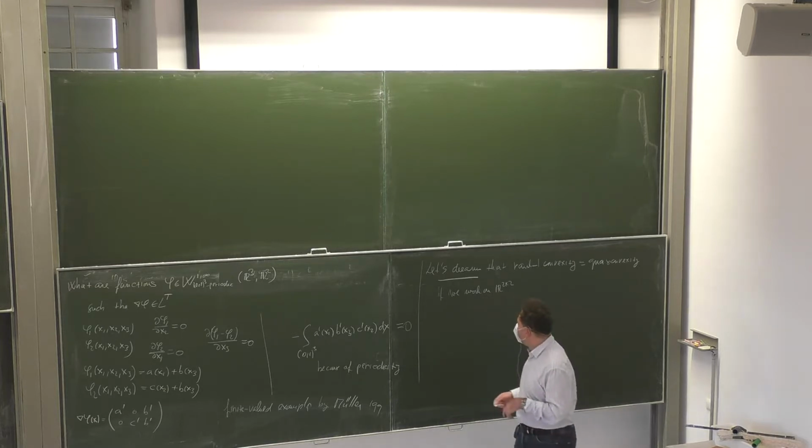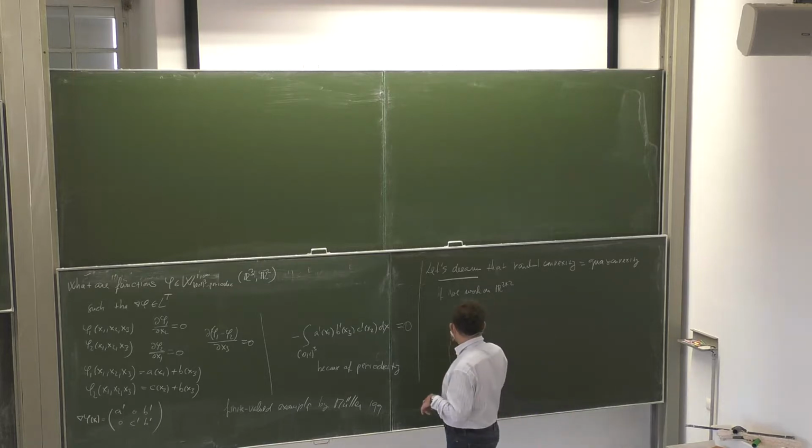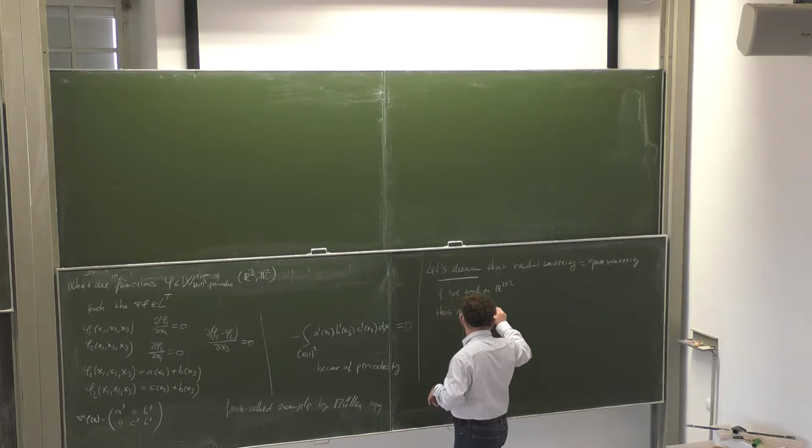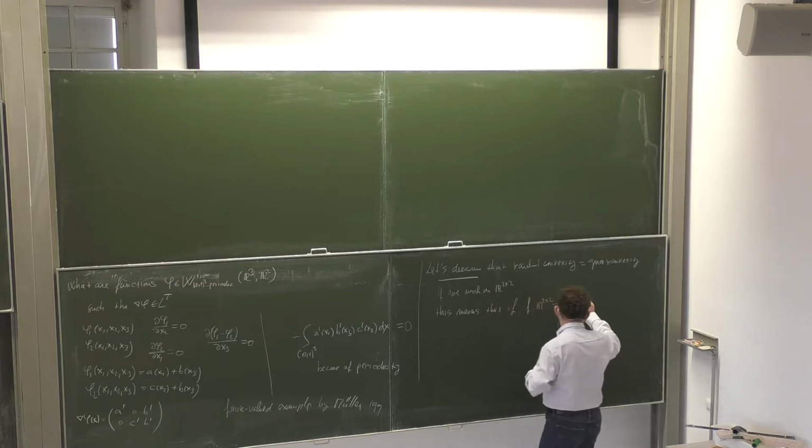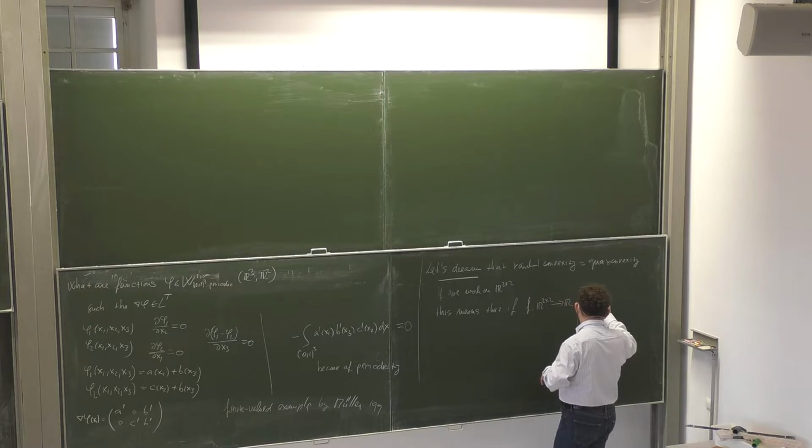So somehow this means that if f from R^{2x2} to R is rank 1 convex,